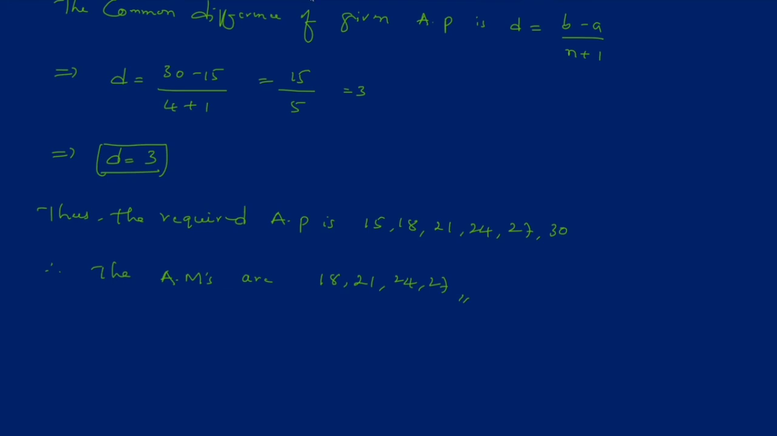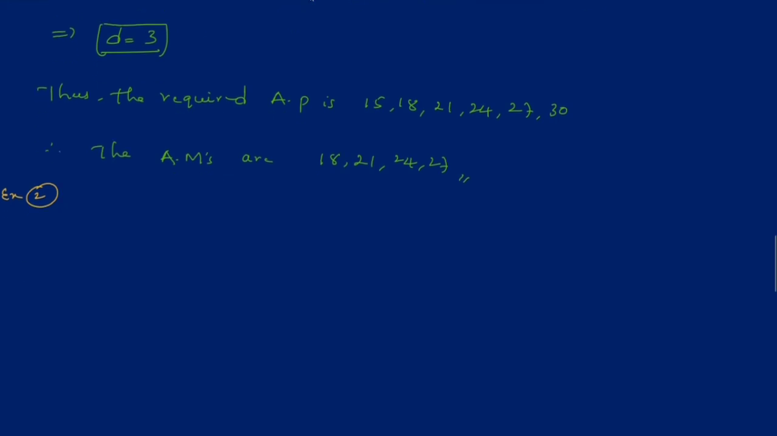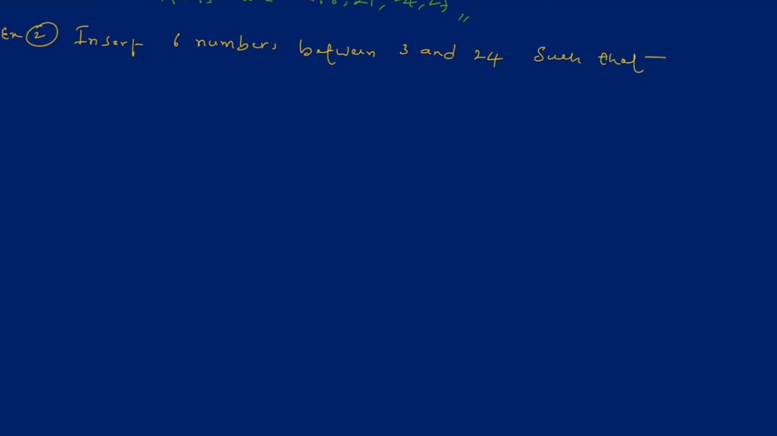Example 2: Insert 6 numbers between 3 and 24 such that the resulting sequence is an AP, right? So the solution,